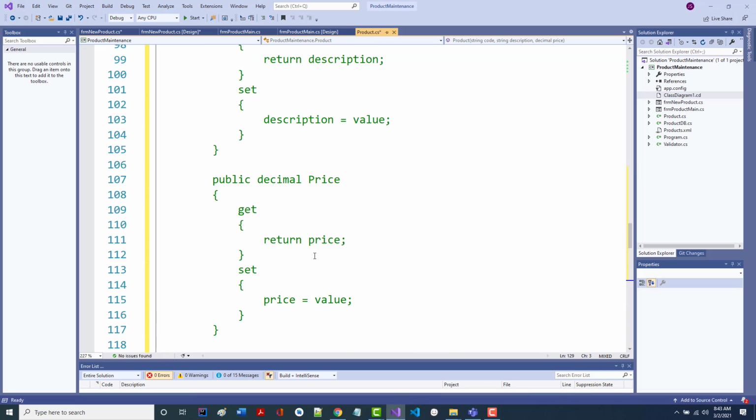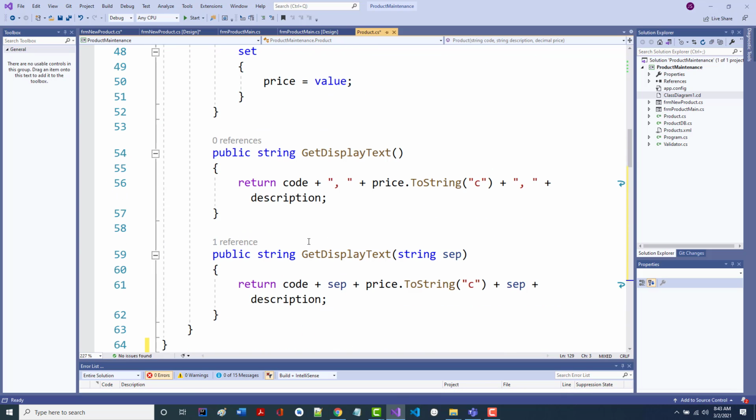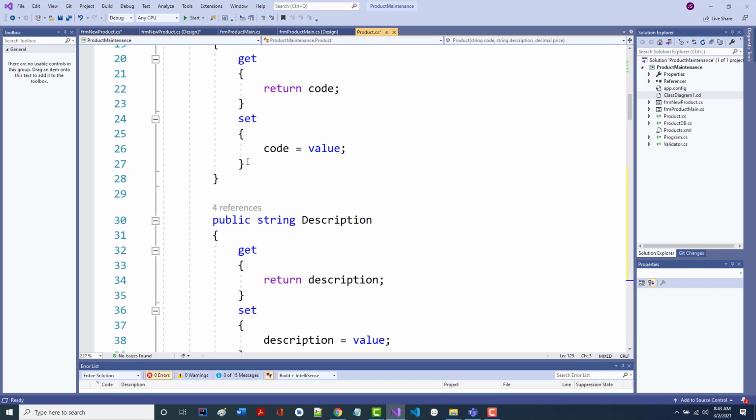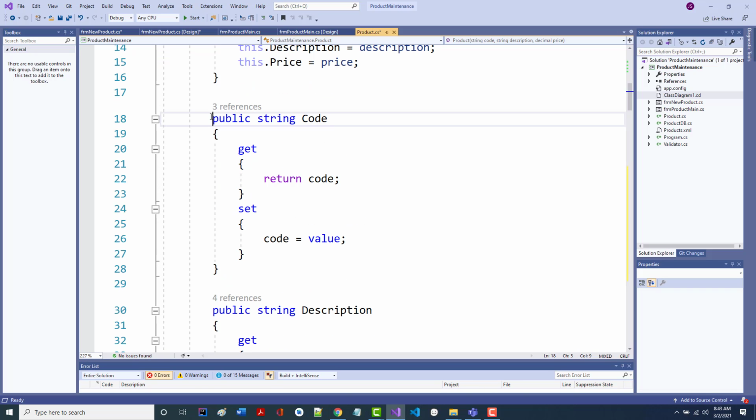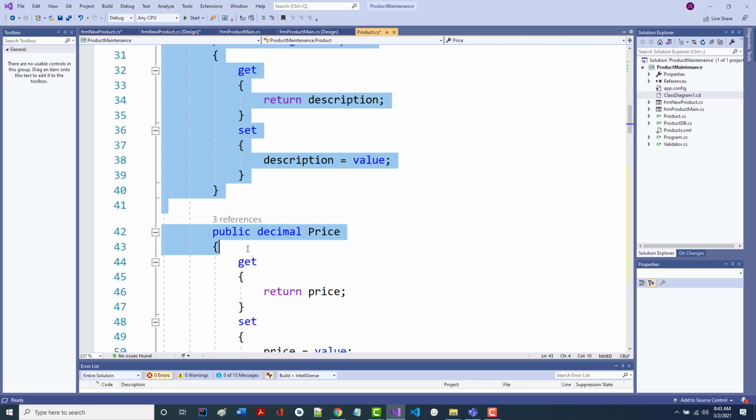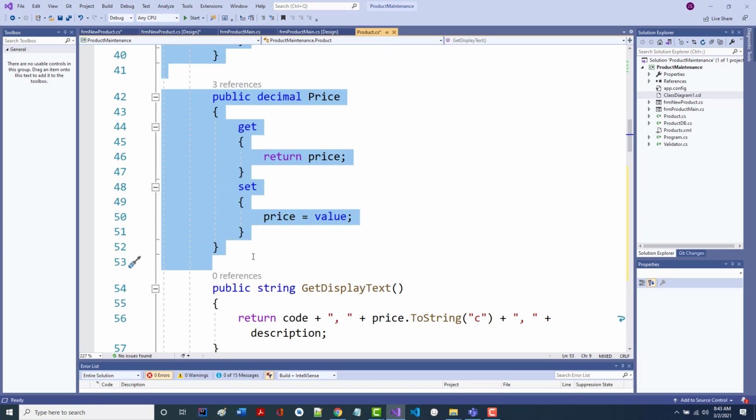So I've got a copy. But what I'm trying to show you is I believe, I could be wrong, but I believe we can now get rid of this and this and this, all that stuff, like I tried to do before, but let's see if we can do it correctly now.